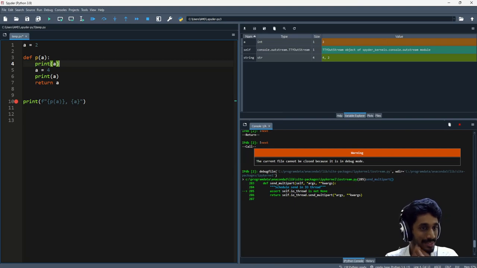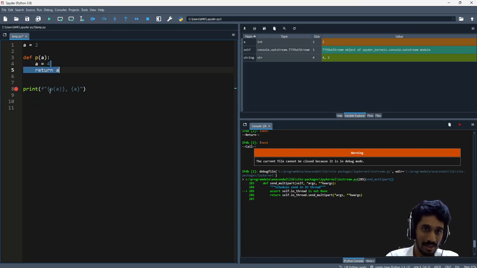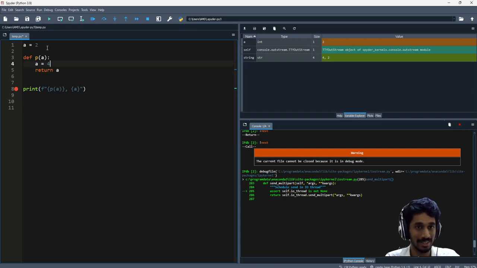So people who answered 4,4, I hope I was able to slightly give an insight into why the answer is not 4,4 but it's 4,2. Essentially, even though I'm setting A as 4, I'm not changing the value of the outside A, and therefore this A and this